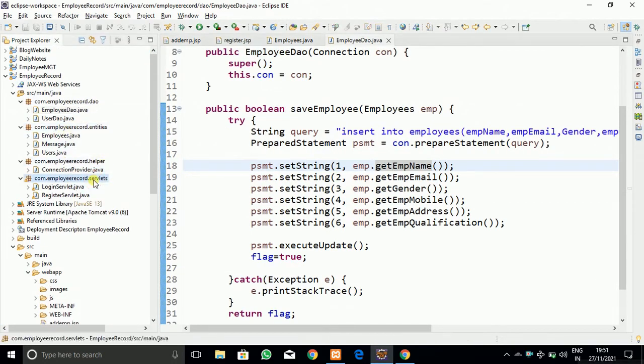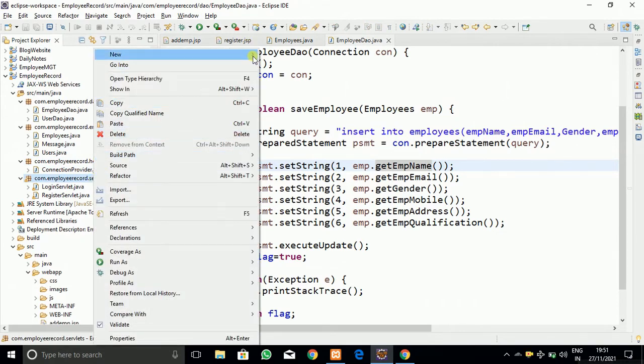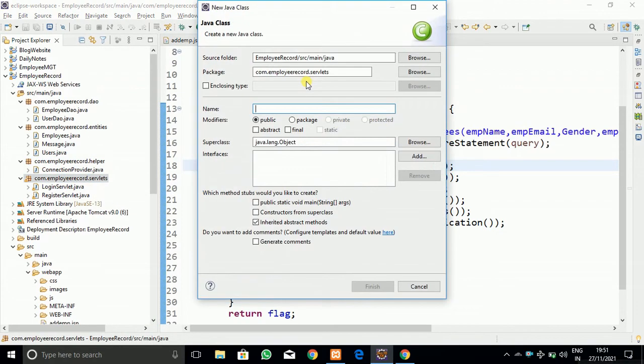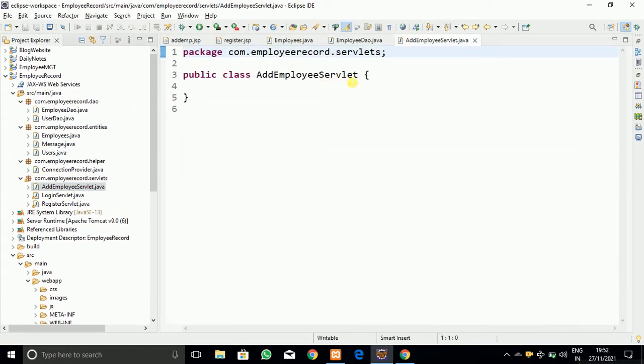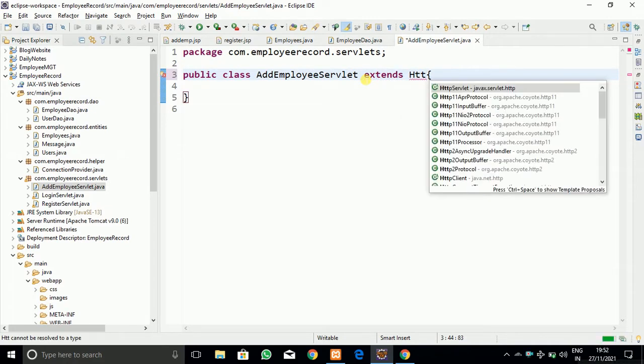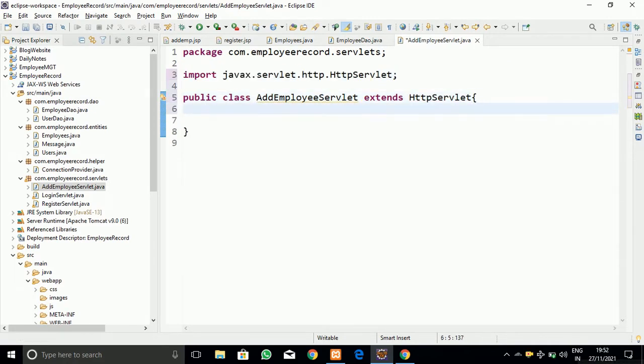Okay, so now I am going to create the servlet, that is AddEmployeeServlet. Let me create a new class in the servlet package, name it AddEmployeeServlet, and click on finish. Here I have to extend that class to HttpServlet, which we have used.